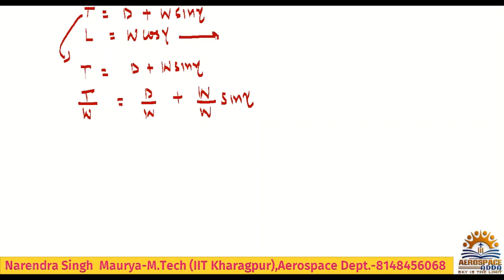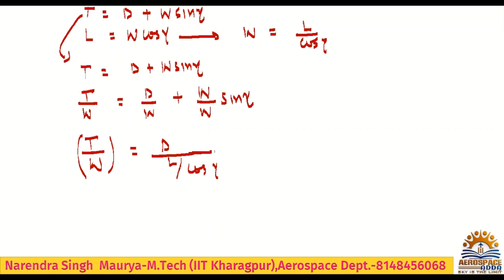Now from this equation you can calculate what W is. W is nothing but L divided by cos gamma. Yes or no? Because we need to calculate the thrust to weight ratio, no need to change the value of weight here. You just keep it the same because we need to calculate this drag, and here we can change W. W is equal to L